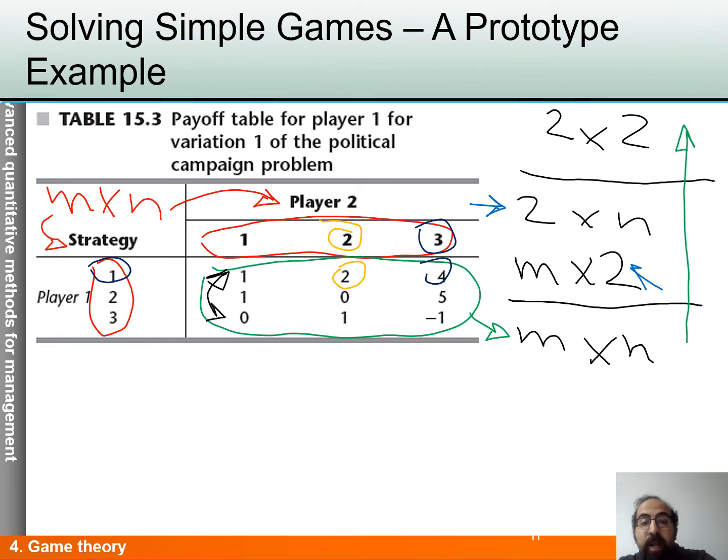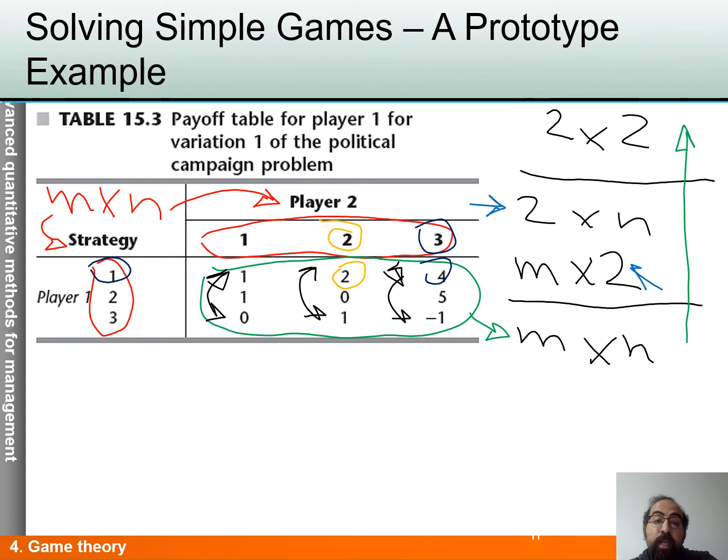Let's make a comparison between these 3 elements one by one. As you see here, guys, let's make a comparison between 1 and 0. Which one is better for player 1? It is 1. Why? Because it says player 1 by selecting strategy 1 wins 1 unit, while by selecting strategy 3,